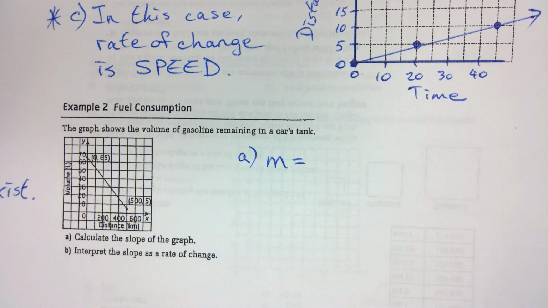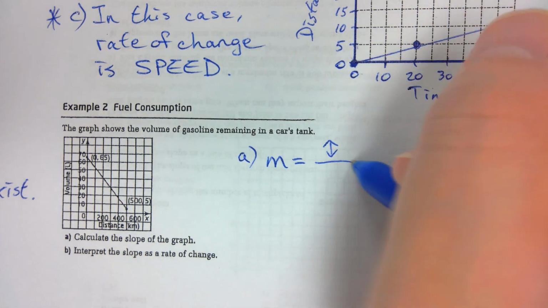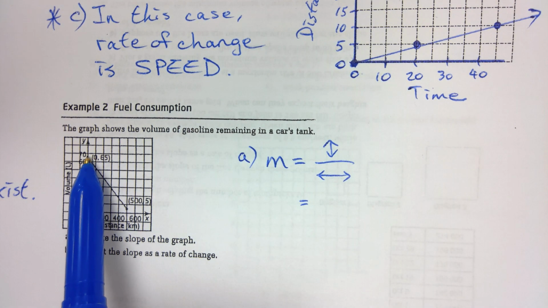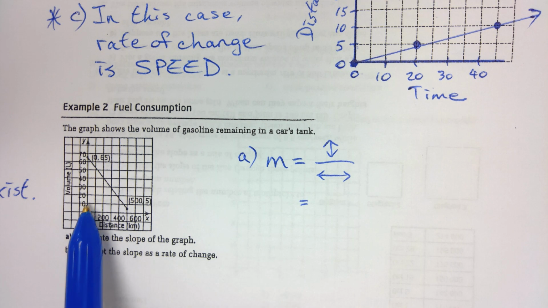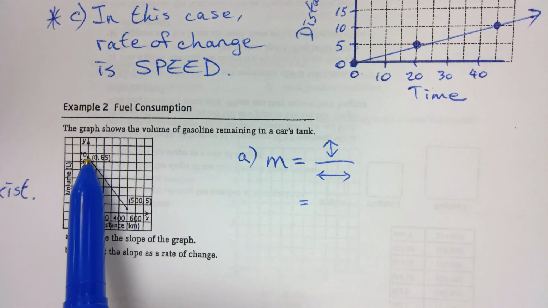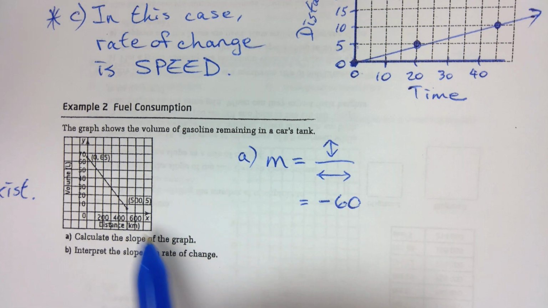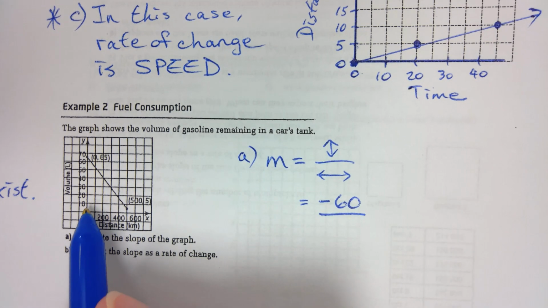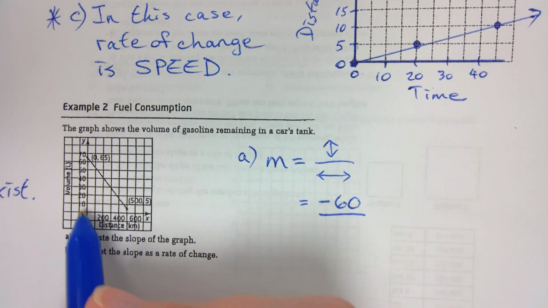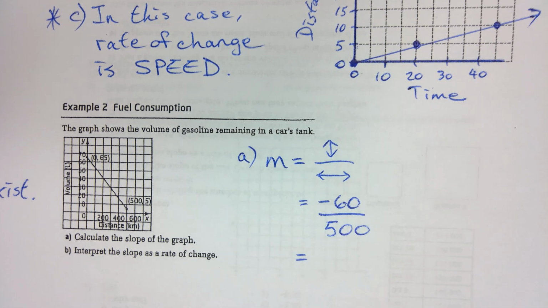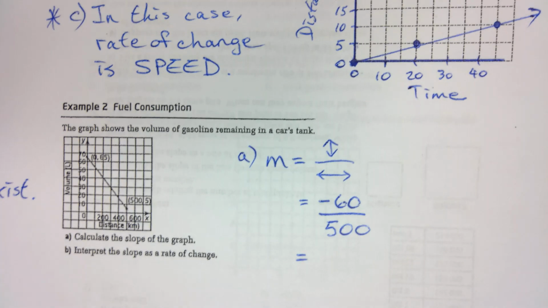All right, so again, going by your scale. Look at the scale on the graph. It's a rise over run. So from 65 down to 5 right here, what's my rise? Nicolene? From 65 to 5, negative 60. Good. Because I know the direction of the line, I know it's negative. And then from 0 to this point, what's my run? 500. So when you divide it out, negative 60 divided by 500,